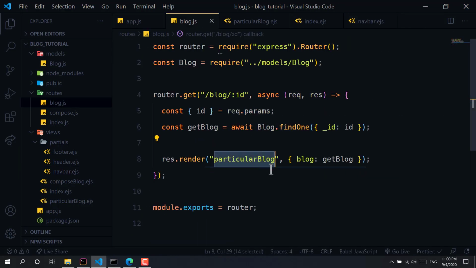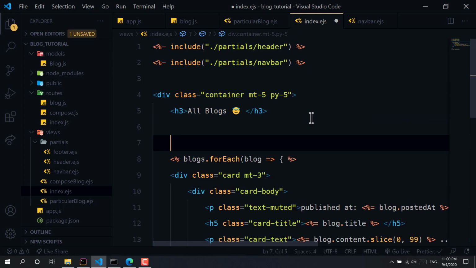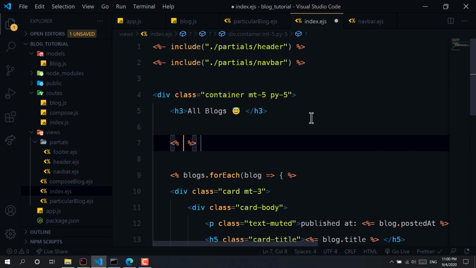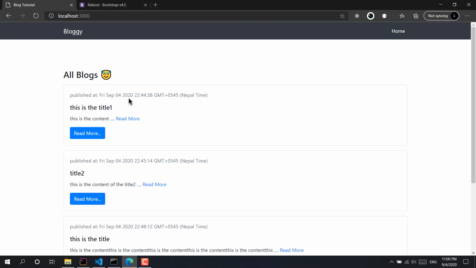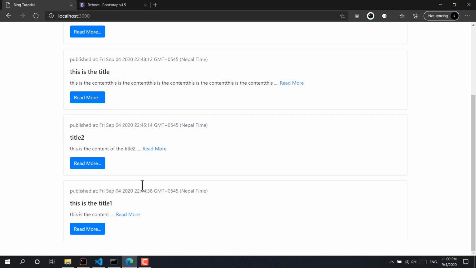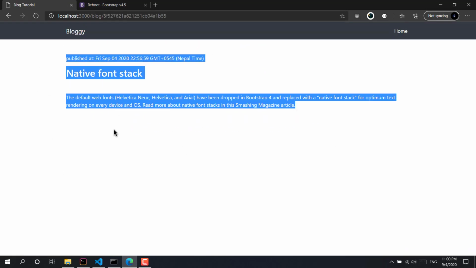So what I will do is, when I go to the index.js file, before looping over it, I will reverse it. So I will write here blogs.reverse. So this will reverse the blogs for me, and if I hit refresh again, as you can see we are getting them according to the post date. So as you can see, I can go here and I can publish each and every blog.